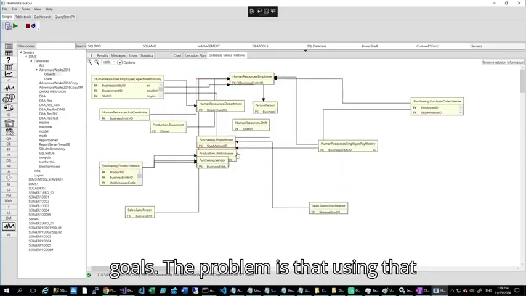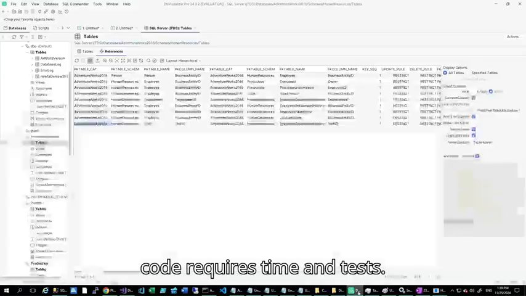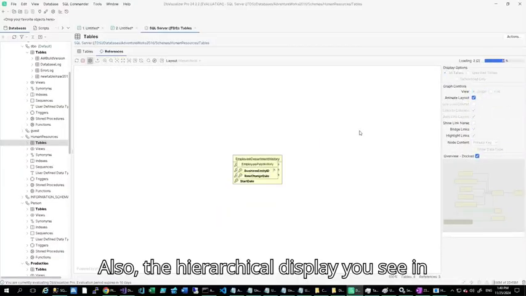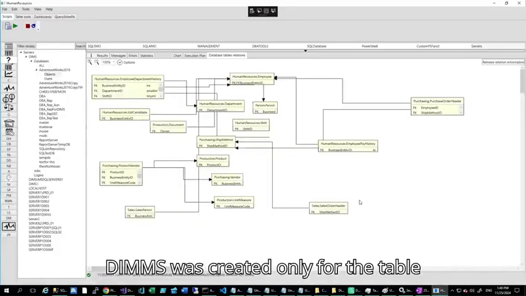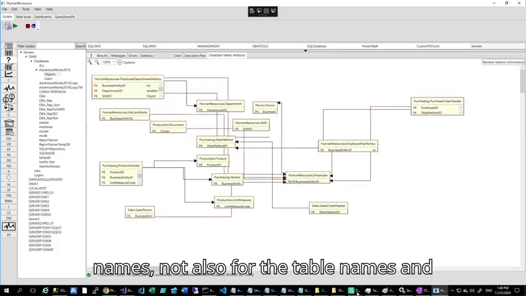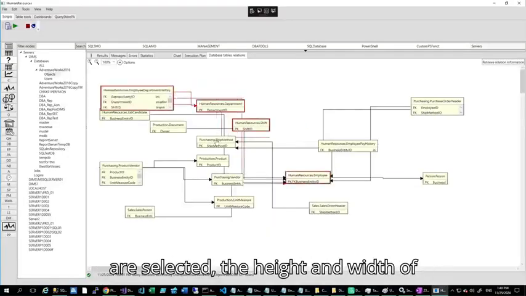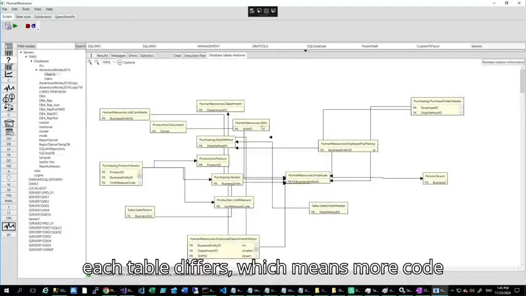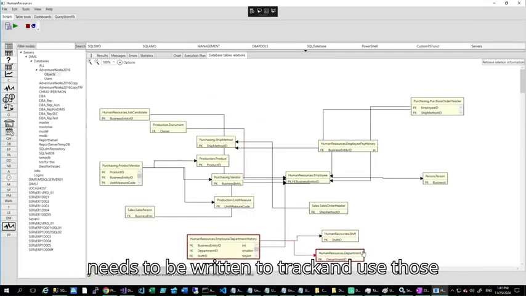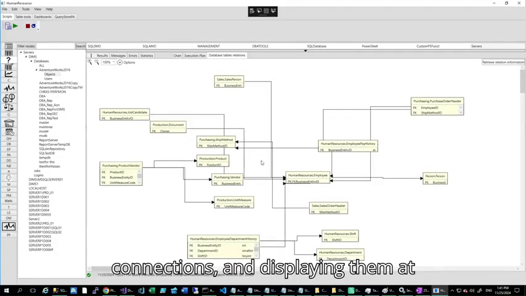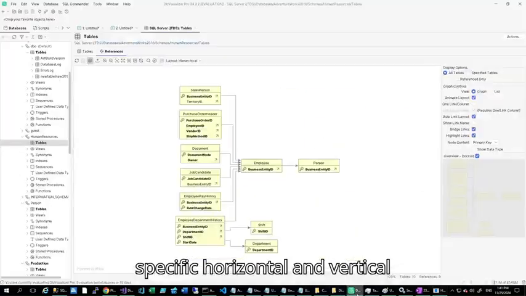The problem is that using that code requires time and tests. Also, the hierarchical display you see in DIMS was created only for the table names, not also for the table names and keys or all columns. When those options are selected, the height and width of each table differ, which means more code needs to be written to track and use those values when creating the tables and the connections and displaying them at specific horizontal